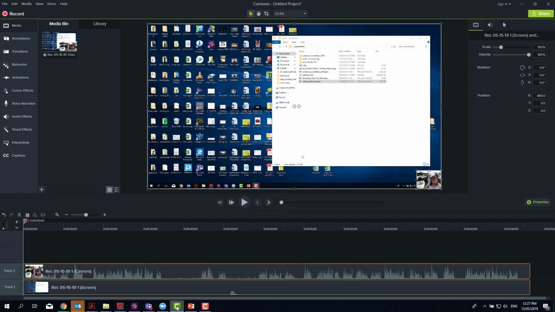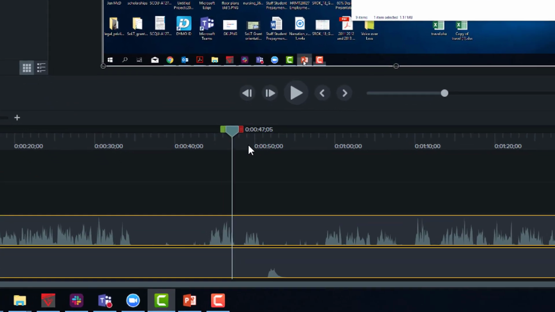Okay, so now we are in our Camtasia editing area. The editing suite's made up of several areas. We have our media bin in our library here, our preview window here, and also our timelines at the bottom. So to do a basic edit, we have our playhead,